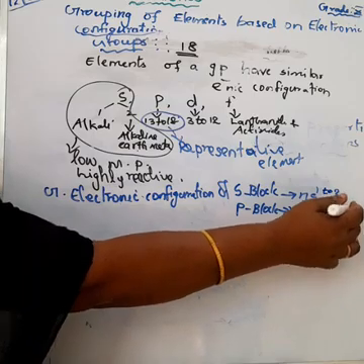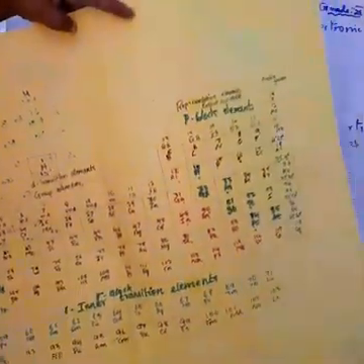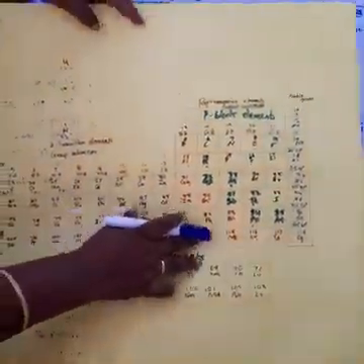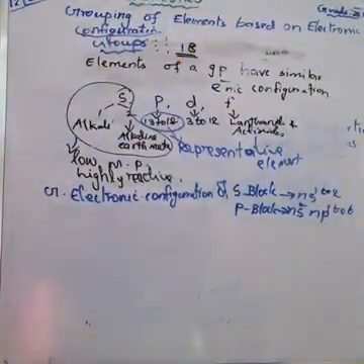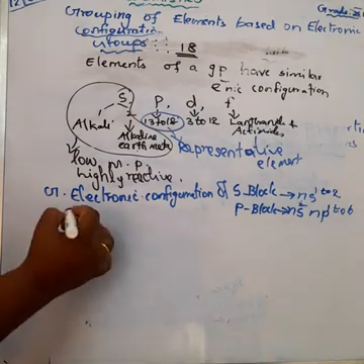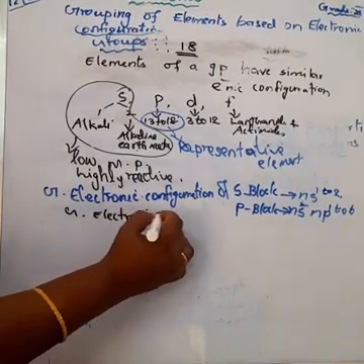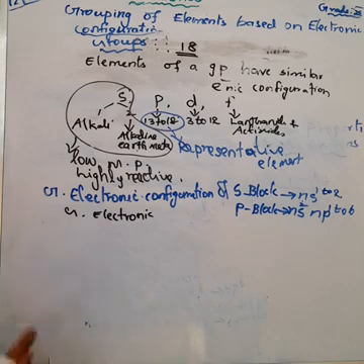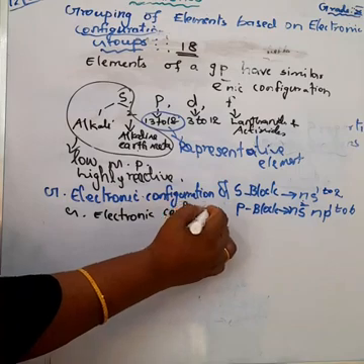Totally how many groups are there here? Totally 6 groups. So the general electronic configuration is ns2 np1 to 6. All the elements in the p block have this general electronic configuration, so they have similar chemical properties. For example, group 13 elements: boron, aluminium, gallium, indium, thallium, and nihonium. All have similar outer shell electronic configuration,